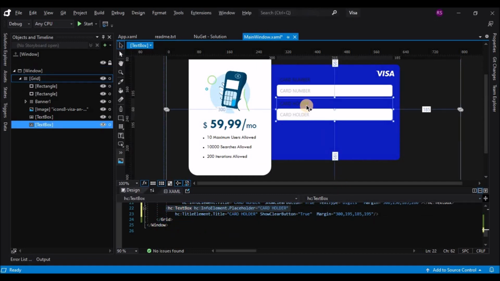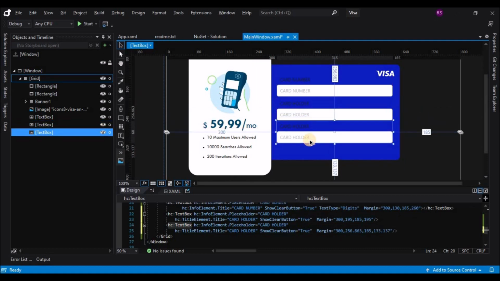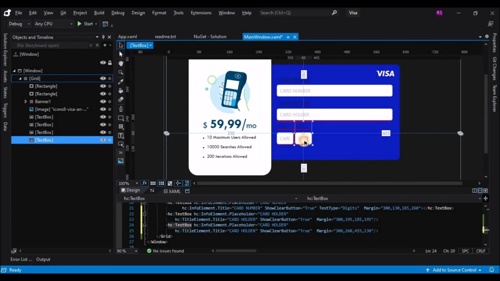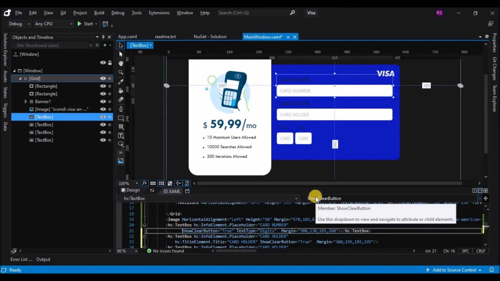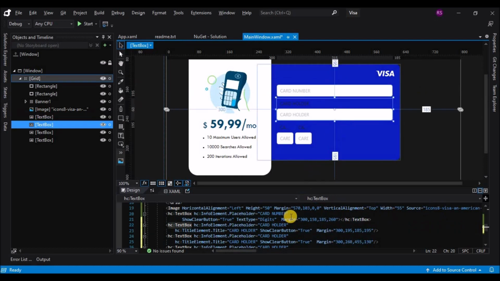And that will house the expiry date of the card. So let's change the placeholder text and the info title. I think here it will be a challenge because I have to split the month and date here. So in that case, I think we cannot go with the info title. So let's do one thing. Let's remove the info title element from all the text boxes, resize them. Let's do the same for the second one.